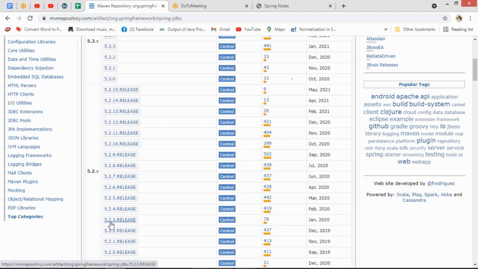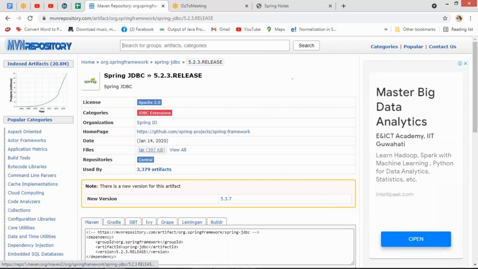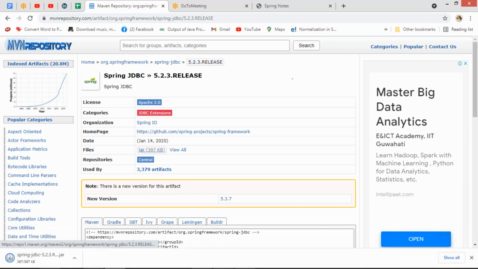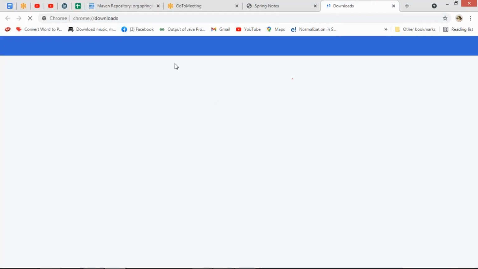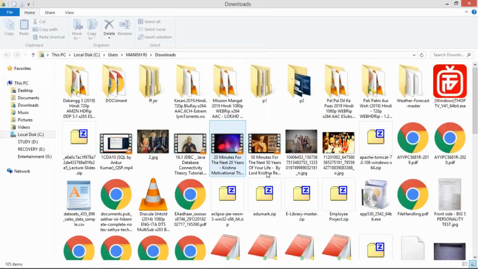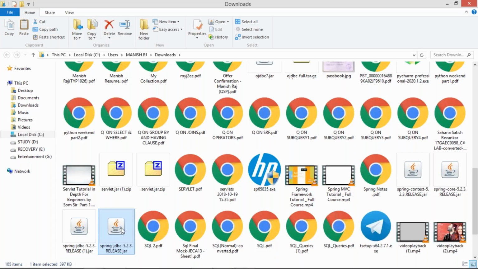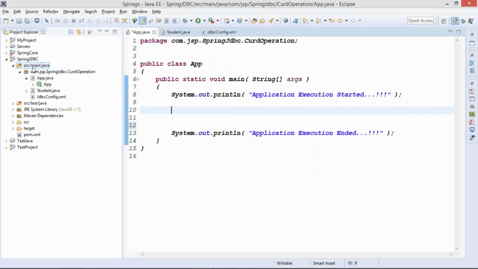So 5.2.3. This time I'll not add the dependency, I'll just download the jar file. The Spring JDBC jar file version is 5.2.3, remember. So let me download this jar file. I'll click on keep. Once it is done, I'll open the folder where I have downloaded it. I have downloaded it multiple times, I hope, so I'm getting multiple options. Let us copy this jar file